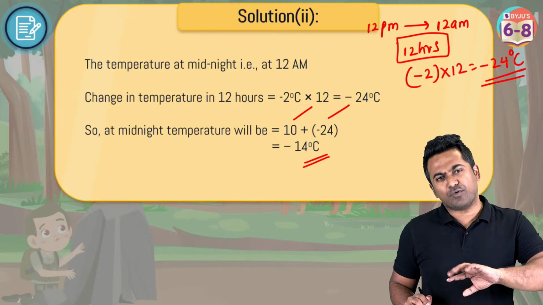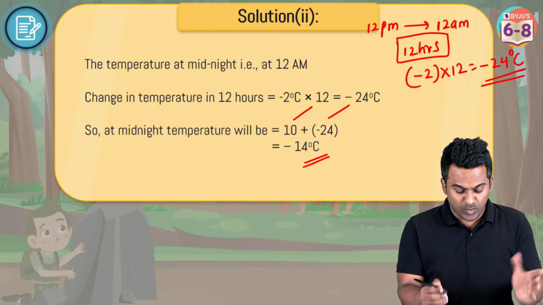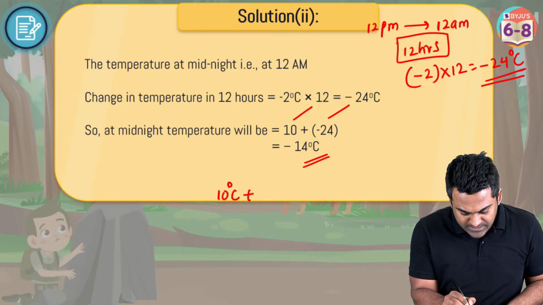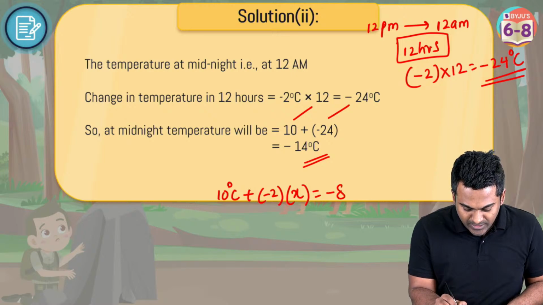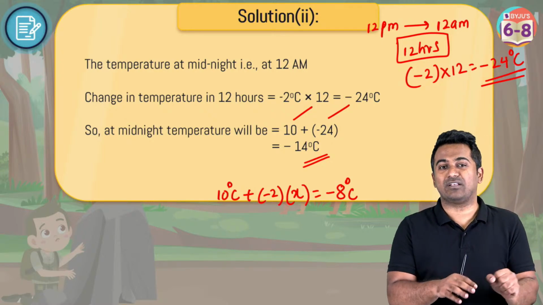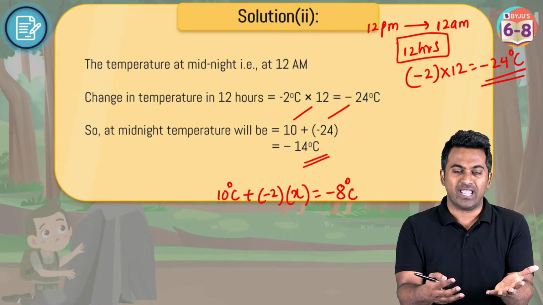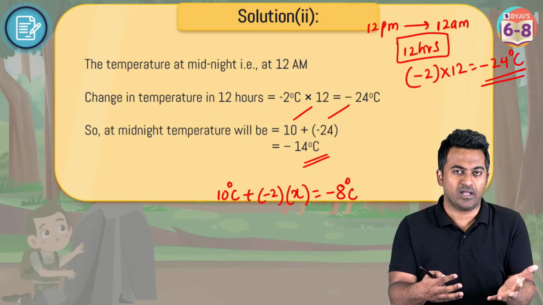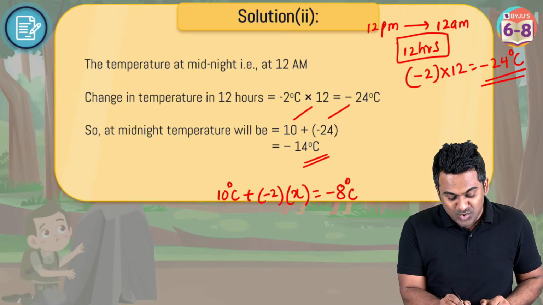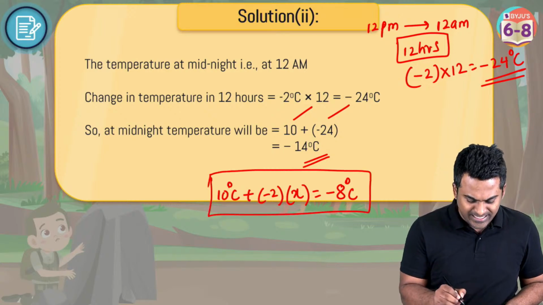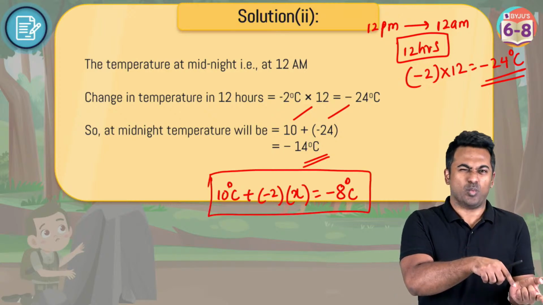All right, and even for the part 1, there can be an equation that you can frame out. Okay, so the starting temperature was 10 degrees centigrade plus minus 2 multiplied by how many hours? The temperature is going to be minus 8 degrees centigrade. But still, I didn't want to start off with the equation. I first wanted you to understand that there is repeated subtraction happening here. And that's the reason why we're multiplying this 2 with x, okay? So there is a way in which you can get the answer as 9 p.m. for that part 1 of the problem as well.